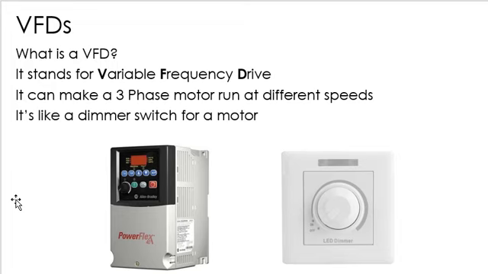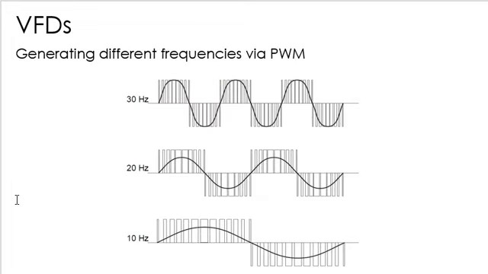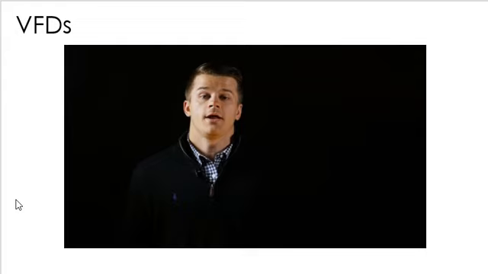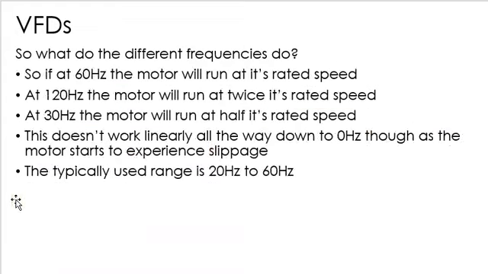What we can do with a VFD is manipulate that frequency using pulse width modulation to control the speed or direction of that motor by manipulating what the frequency actually looks like. There's a good video that explains that in very fine detail. So we talked about VFDs,